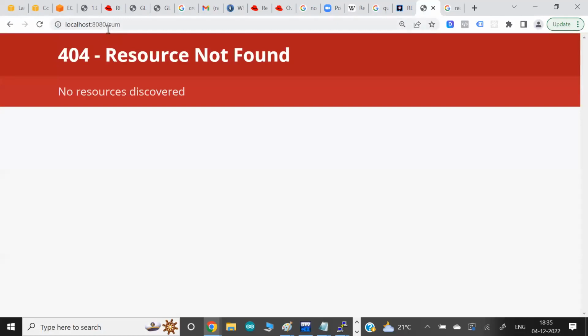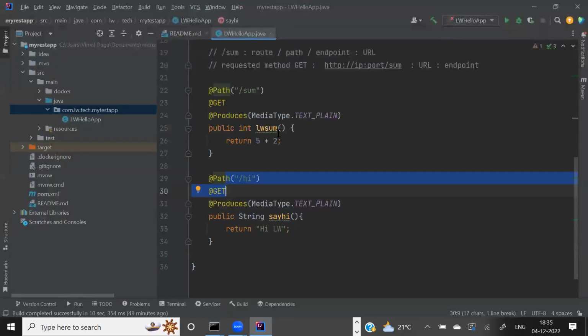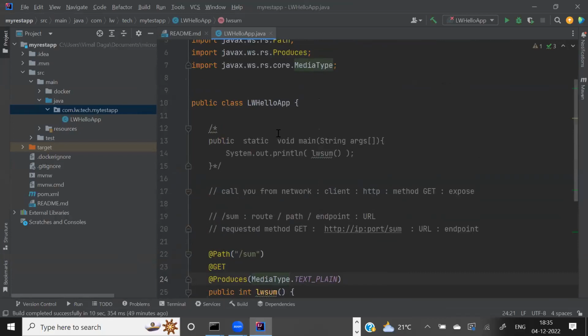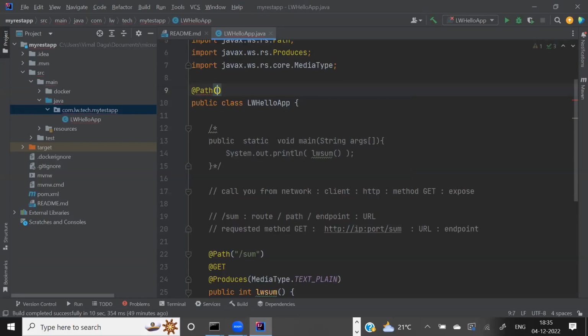So if I write slash sum or slash hi, they feel this is the name or the path of some class. The class does not have any path here by chance. This class is like a file name, so for this program file name you also need to give a path. P is capital here.